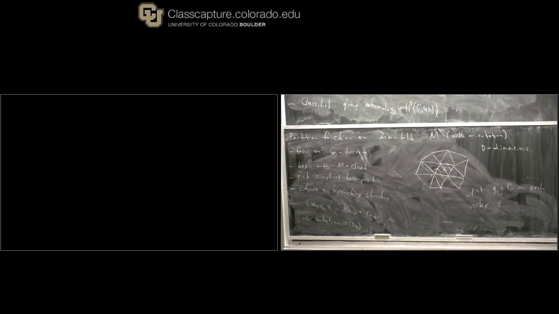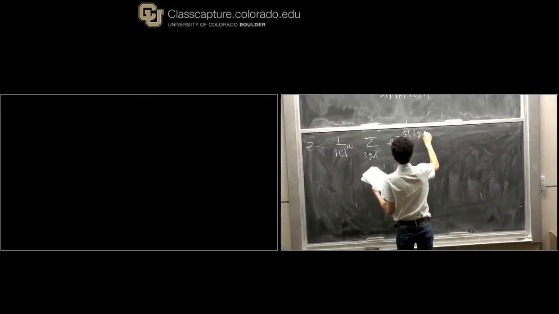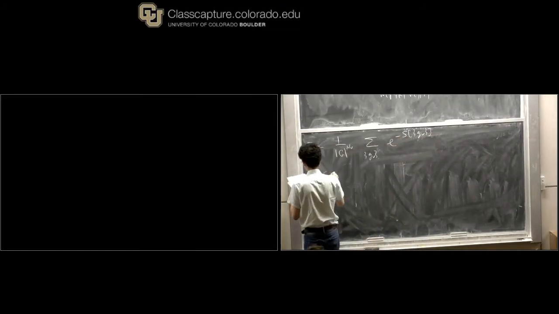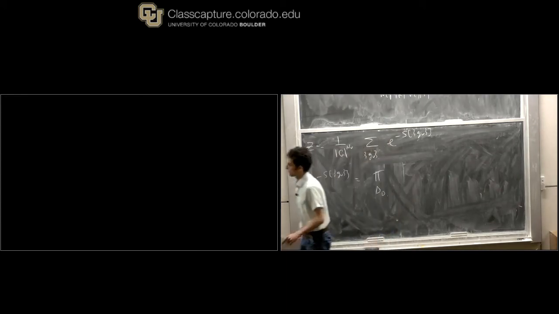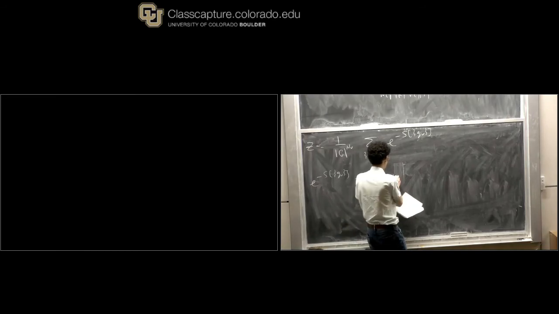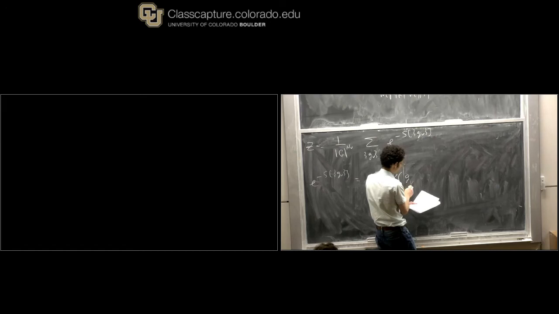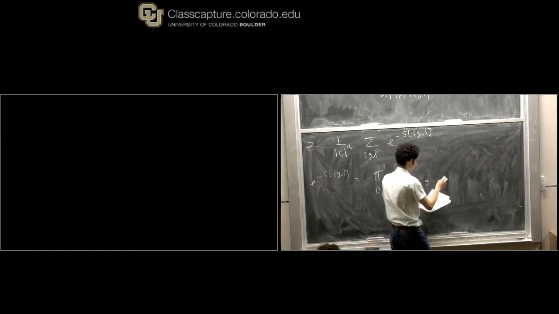Okay, so let me define the partition function in the following way. Z is 1 over the number of elements in G to the power of the number of vertices, and then I sum over my group elements on each vertex, and there is the action. Let me tell you what the action is. The action is just a phase, and this phase is obtained in the following way. I look at every D simplex in my decomposition. So in this case, I would look at every triangle. And on each triangle, I do the following. I look at the vertices in ascending order, and I look at the group elements on each one of those vertices,